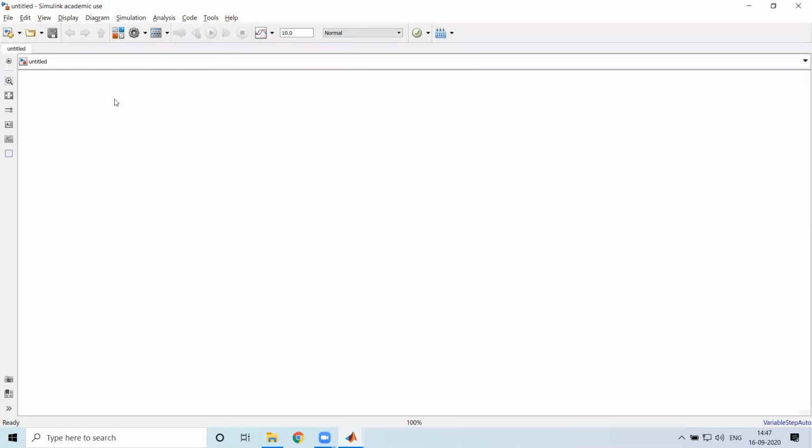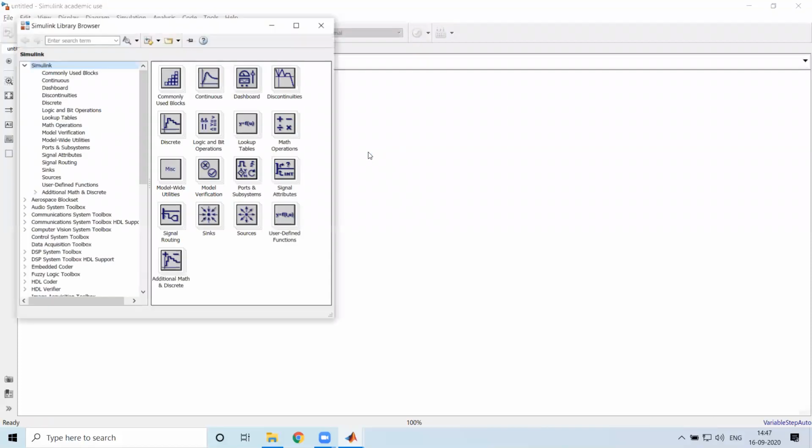So now, in order to do this, we have to first generate a digital signal. We have to generate some digital signal, or we should have some input and generate from that input. I should get, say, a binary signal. So now, in order to do that, I have one option over here. So what I'll do is I'll go to the library browser in order to check out which all blocks are present.